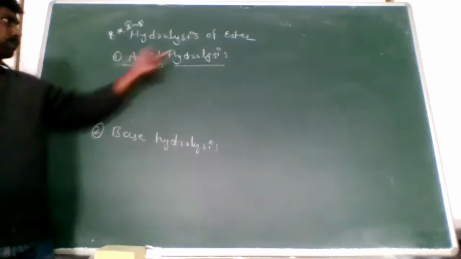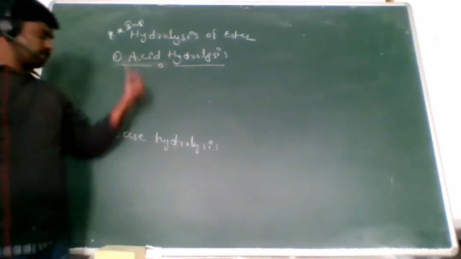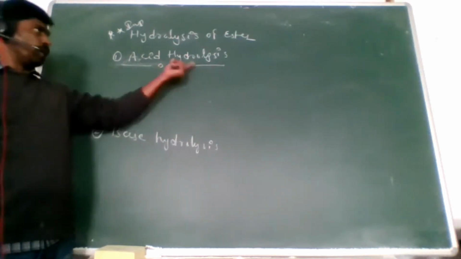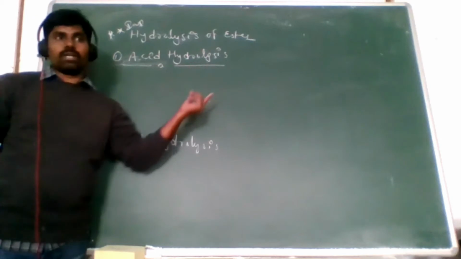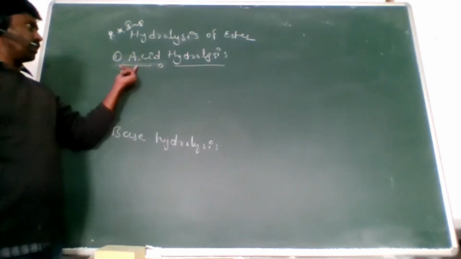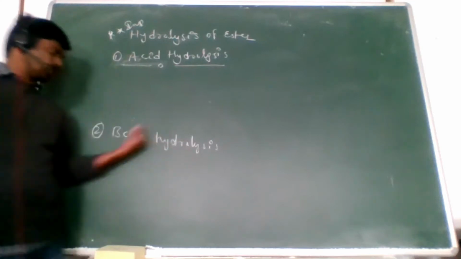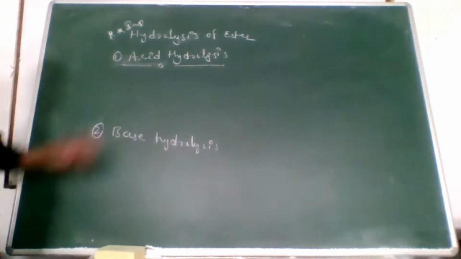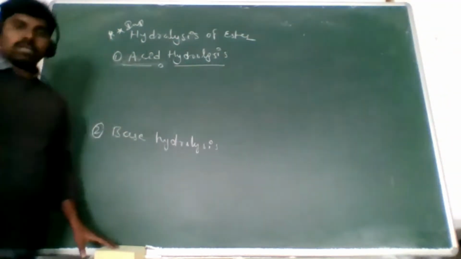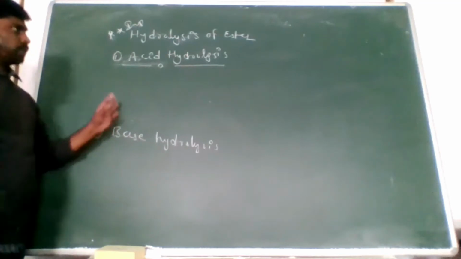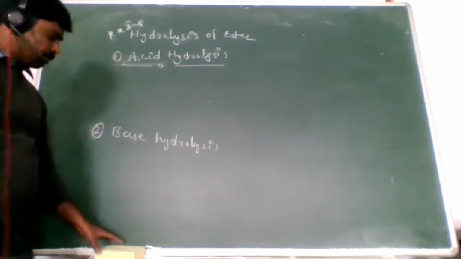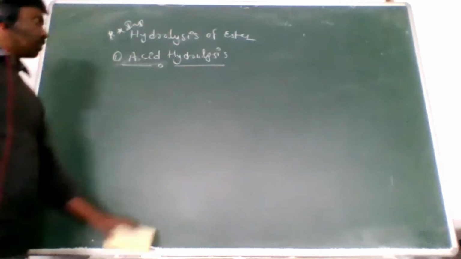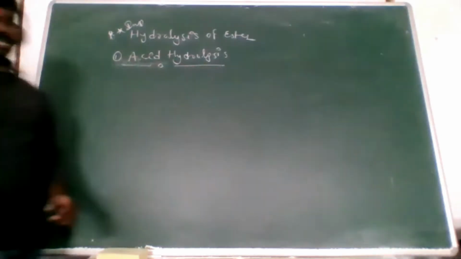Now here the ester is involved in acidic hydrolysis and in base hydrolysis. Hydrolysis we know already is the adding of a water molecule, but in which condition here? In the condition of acid, and hydrolysis in the condition of base. So two types are there, acidic condition and base condition, in the hydrolysis of ester. This is very important for the exam, along with the mechanism. Right, now I go to the first, hydrolysis of ester in acidic condition.